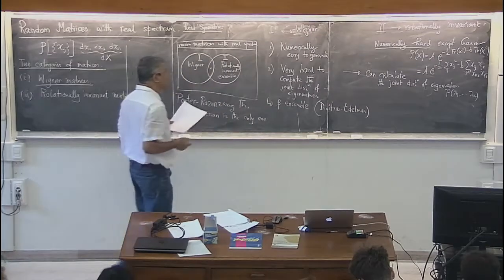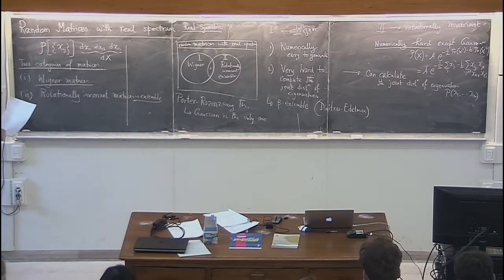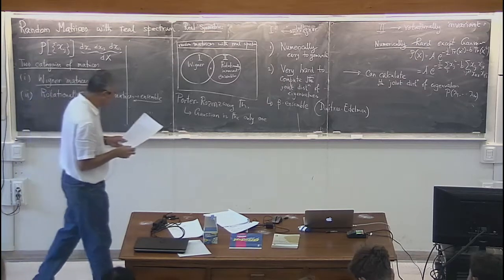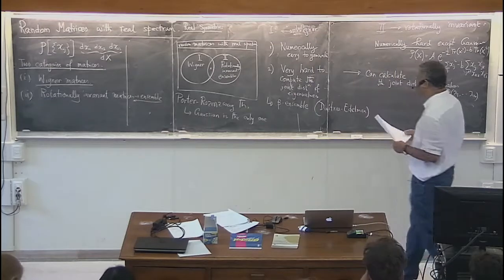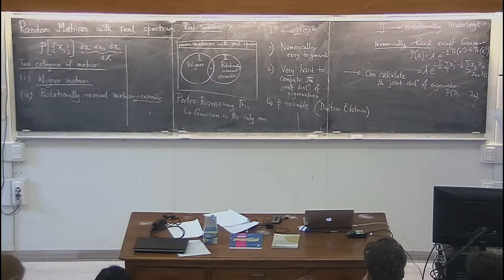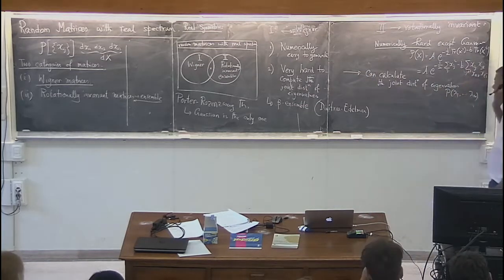So this is a particular ensemble which is a tridiagonal matrix with different distributions for different elements. Maybe I'll discuss that later in a little bit more detail. And you choose this from a chi-square distribution, and for that case, they somehow managed to calculate the joint distribution of eigenvalues. But in general, this is very hard. Okay, and